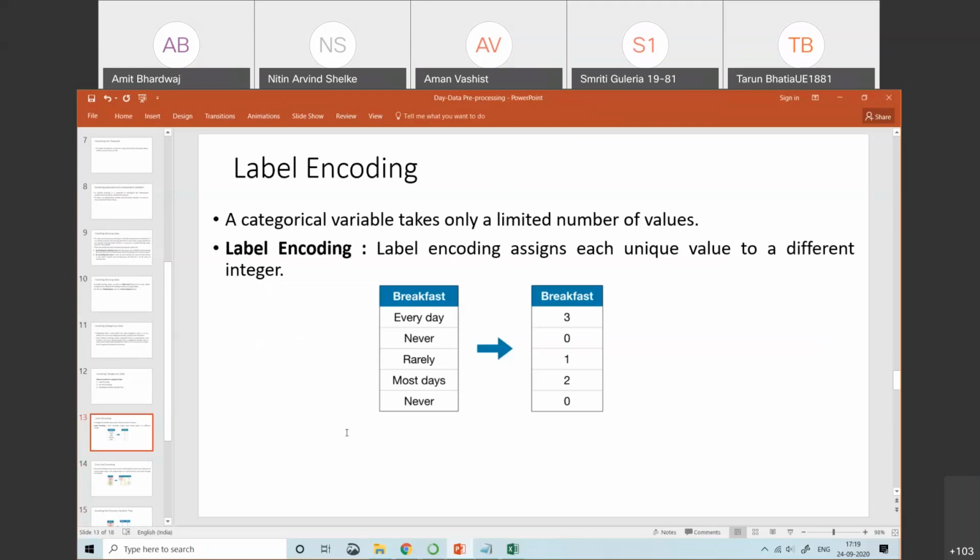I hope you're clear with the categorical column and categorical values. That is the important step. Unless and until you know the categorical data, you will not get label encoding, one hot encoding, and avoiding the dummy variable trap. So it is important to get to know about the categorical data. I hope categorical data is clear to everyone. If any problem, you can ask regarding the categorical data.